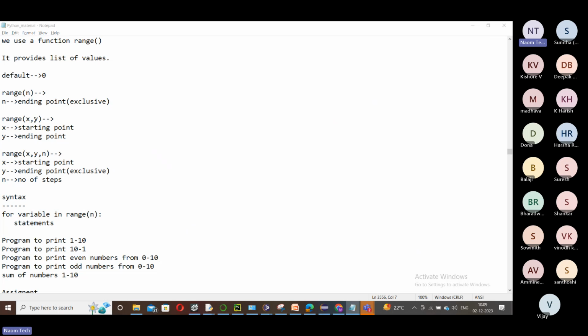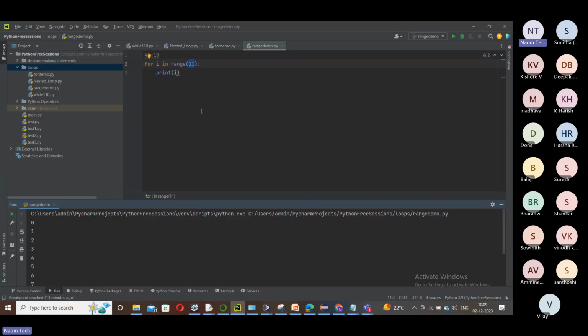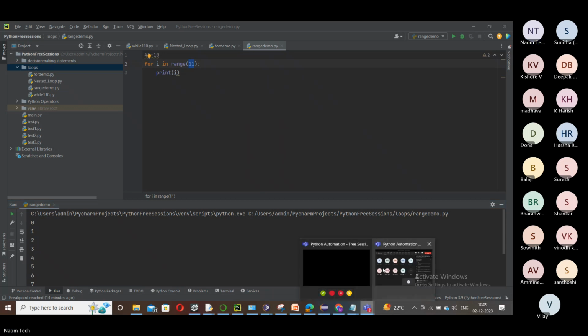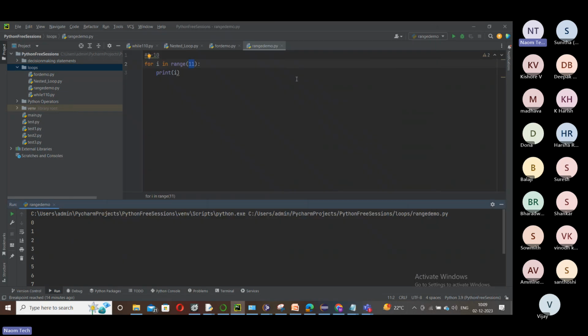This is type 2. But before that, can you give me a quick answer in the chat box? Are you really clear with this, friends? Are you clear with type 1? Did you get a clear idea about this one, friends? Can you please answer in the chat? Someone please confirm. Are you good with this now? Please answer in the chat box, friends. Thanks. Thank you.